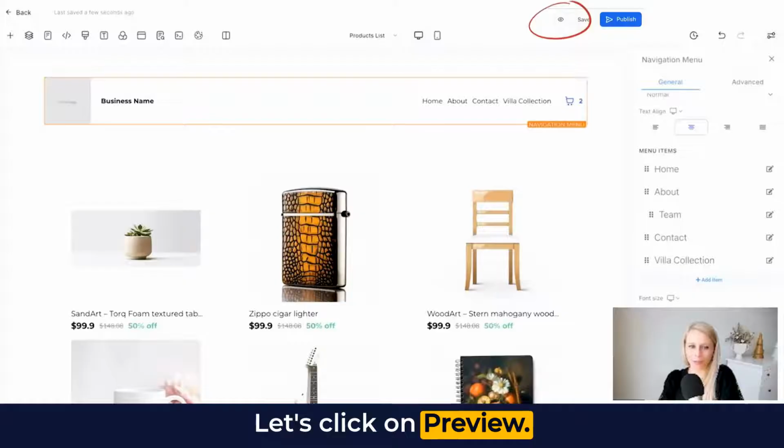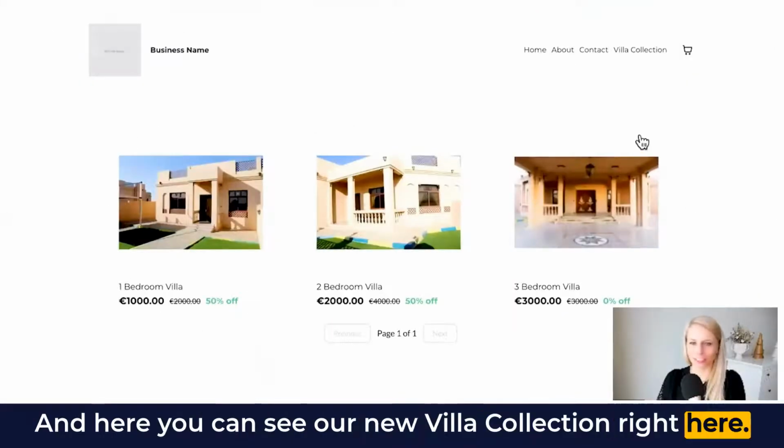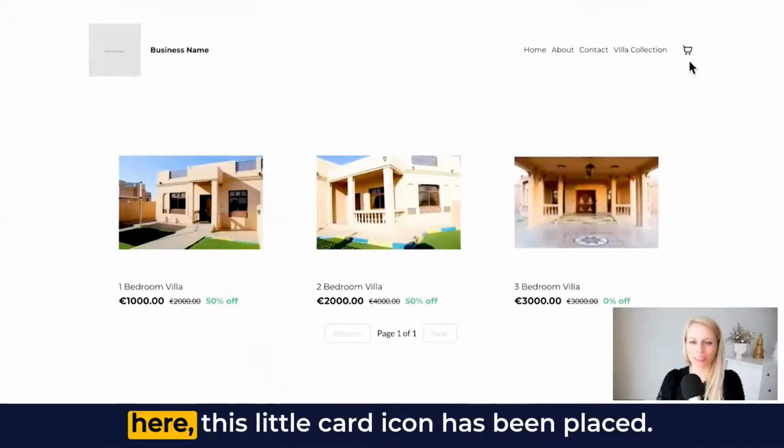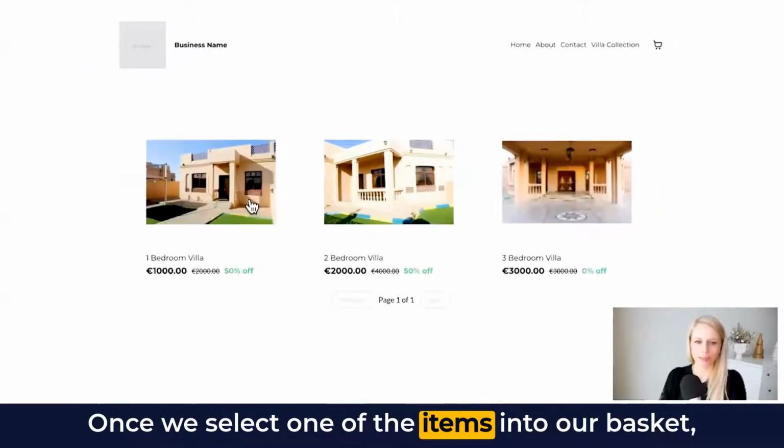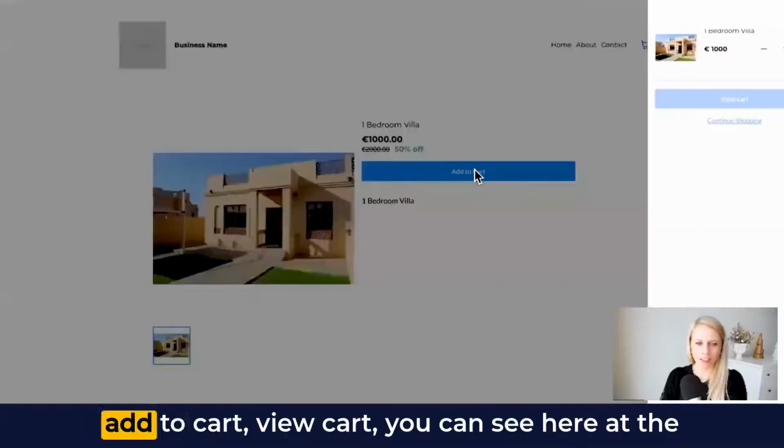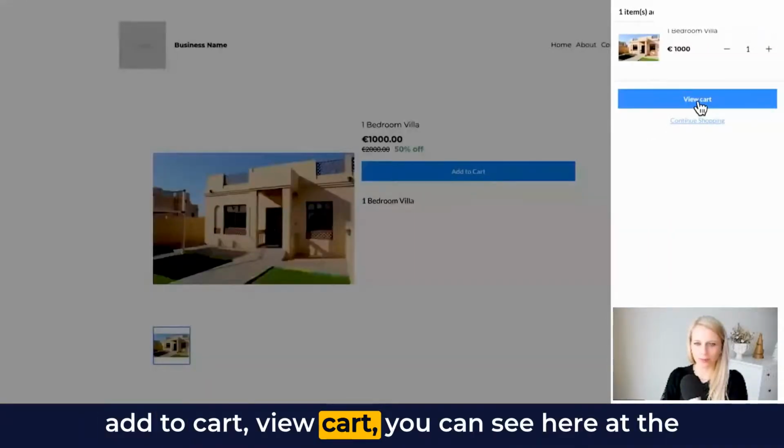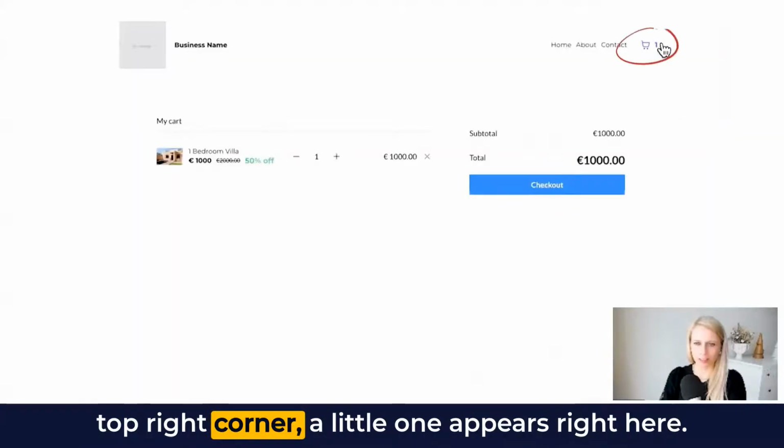Let's click on Preview. And here you can see our new Villa Collection right here. Also, please note at the top right corner here, this little cart icon has been placed. Once we select one of the items into our basket, add to cart, you can see here at the top right corner, a little one